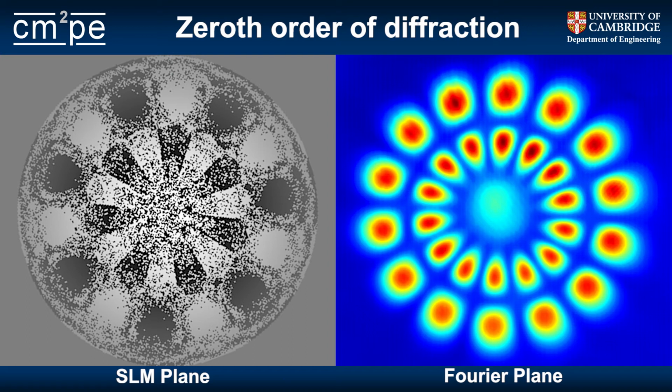Which brings us to the 0th order of diffraction. In theory, there should be no 0 order of diffraction. It should be completely suppressed. But in practice, you're going to get at least some small proportion of your power arriving at the center of the Fourier plane as the Fourier transform of your input beam, regardless of what you program onto the surface of your SLM. This can be due to things like flicker and phase noise, as I just mentioned,